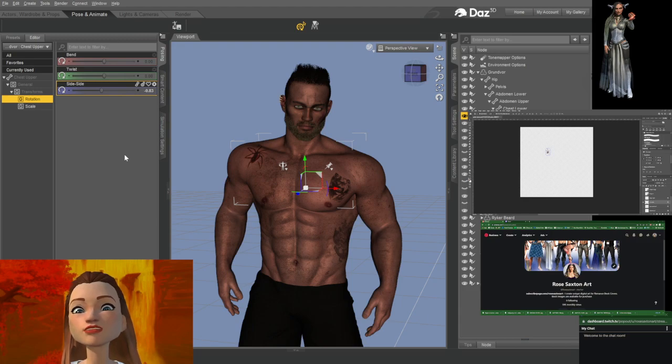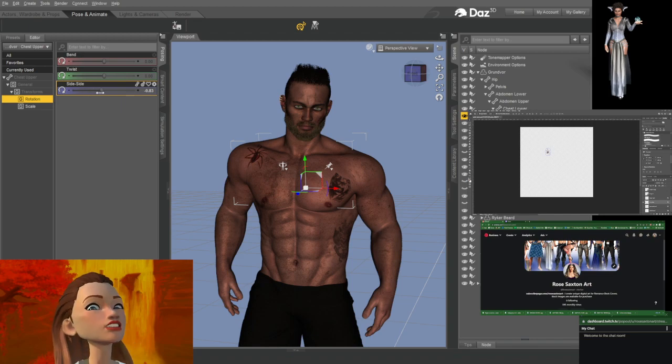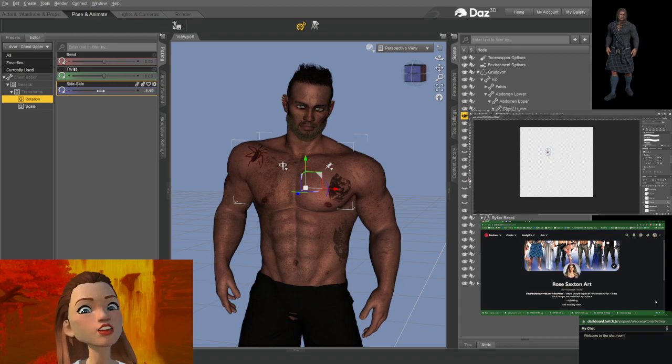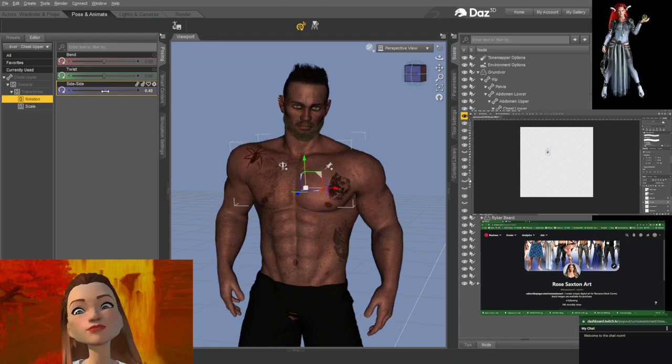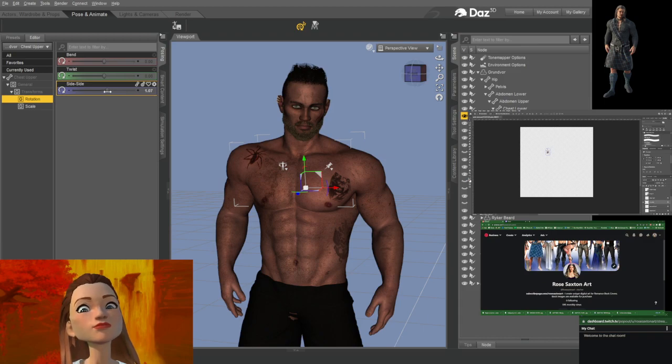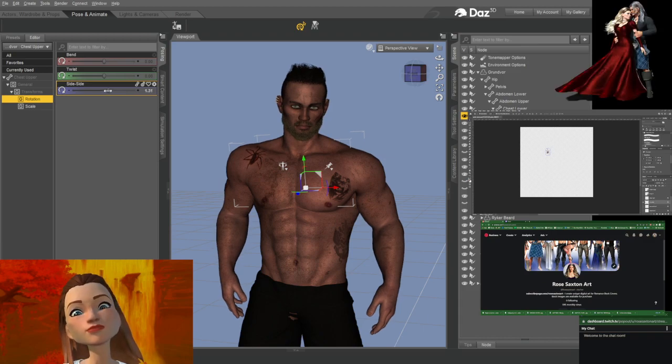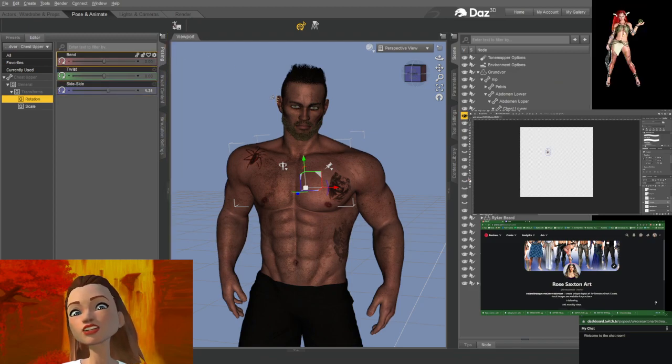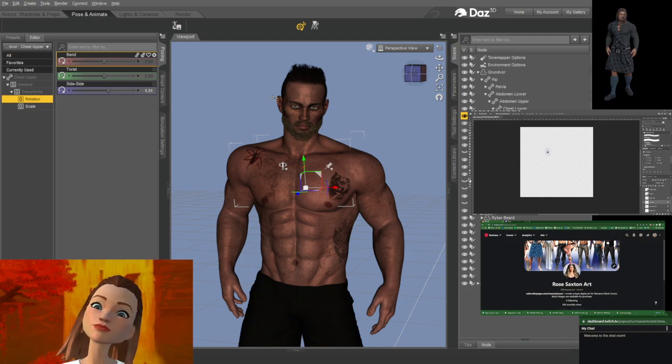Anyway, here you can see his tattoos in the texture shaded. So I just want to move him in texture shaded because, see, yeah, the negative goes the other way. So we want to go the other way just a little bit, just so he's not so crooked. There. Okay, so he's ready to render. So I'm going to put the dog tags on him in Photoshop. So what I do is